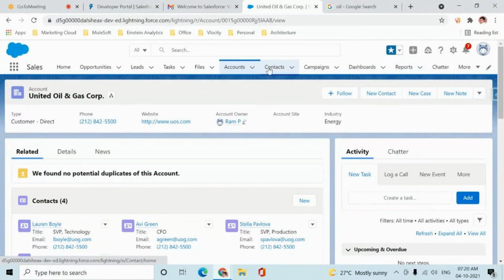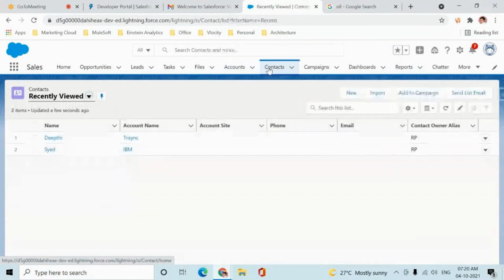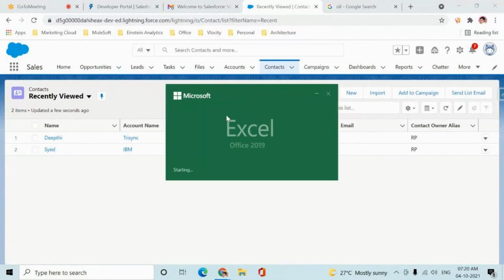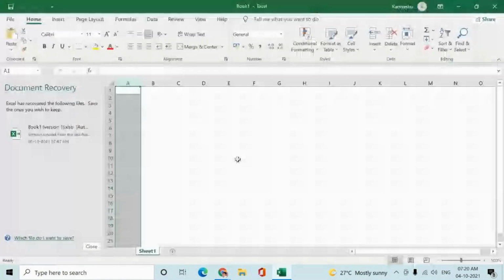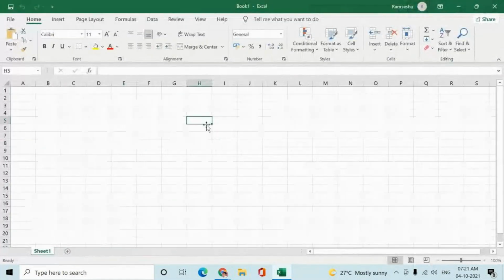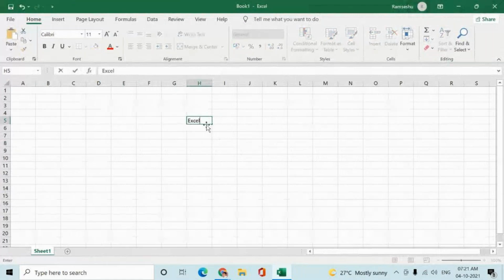Then one step later. For example, if I want to create a contact, by the way, these are called tabs. What is the job of a tab? A tab helps me to access the record. To make it simple, I'll open a simple Excel sheet. Let's see the conversion between Salesforce and Excel sheet. So in Excel, what will you have first?